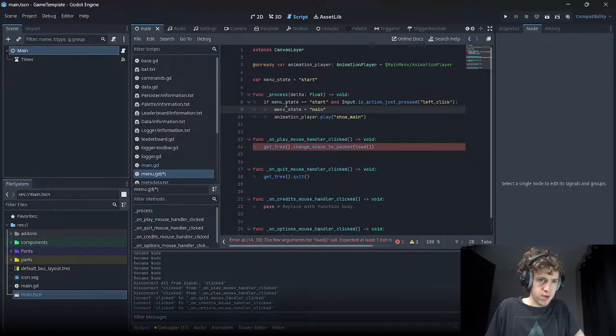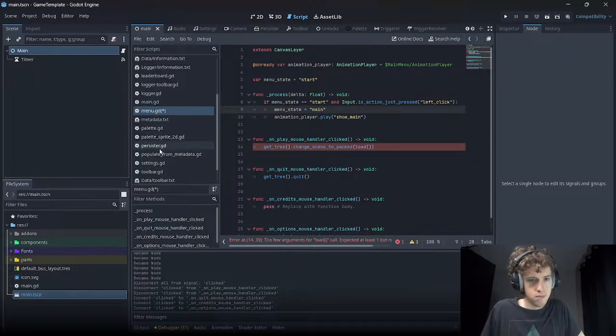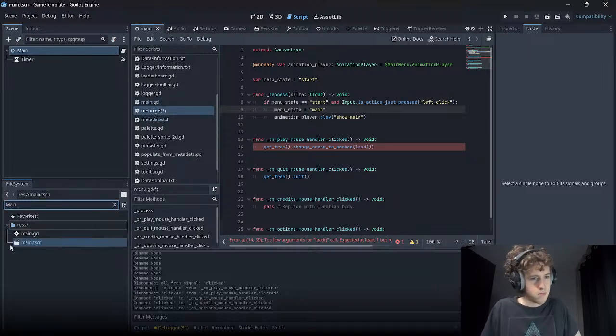I just need to get a reference to the data object. To do that, I can